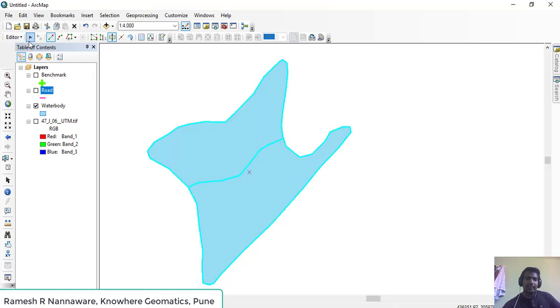After double clicking, you can see the one polygon earlier has been split into two parts.